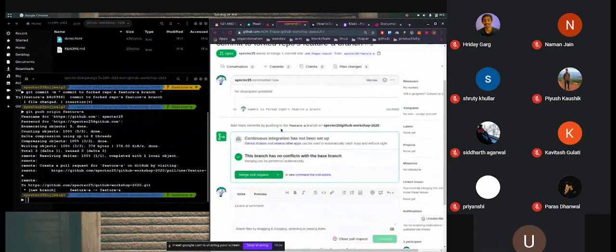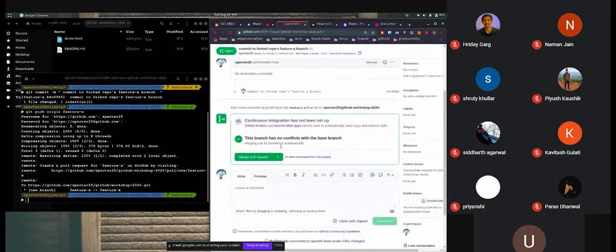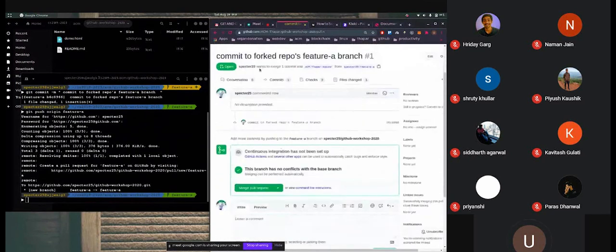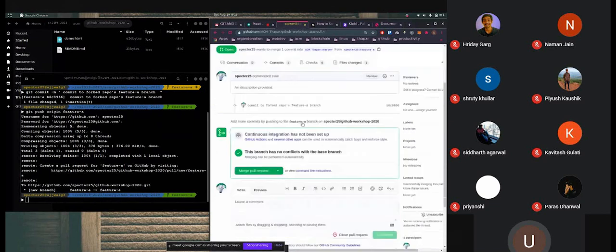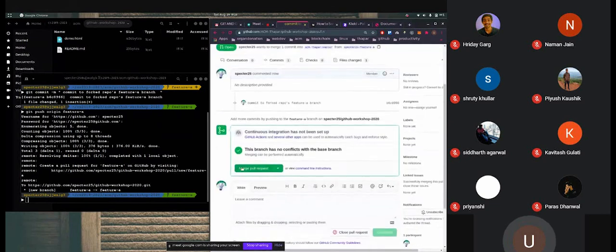And it says the pull request wants to merge one commit from the Spectre 25 feature A branch into the ACM Thapar master. So from the feature A branch that I have coded in the forked repository, it wants to merge the change to the original repository's master branch.